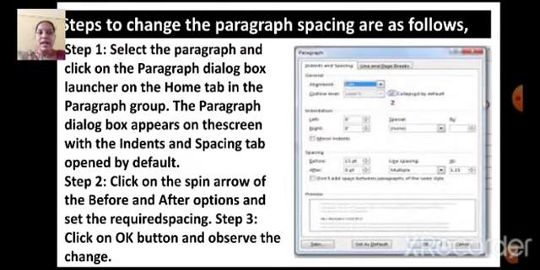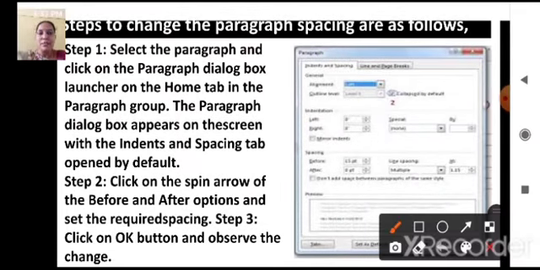We have another way to give the space before or after the paragraph. To do that, we have to click on the paragraph dialog box launcher. We get the paragraph dialog box. In that, you have a separate option called spacing. In that spacing, you have before and after. You have a spin box next to that.